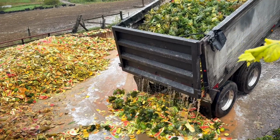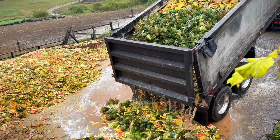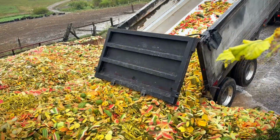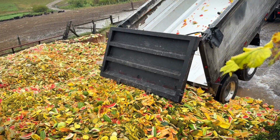When you started using that food waste product, when you started using... We've been using some kind of a food waste product for quite a while. We went through a stage where we used a lot of brewer's grain, which would be a barley product from some of the local breweries. And then as that got too expensive because we couldn't compete with the dairy farmers to buy it, then we moved on to a vegetable product, which came actually from the same company as this fruit product, but it was more lettuce,